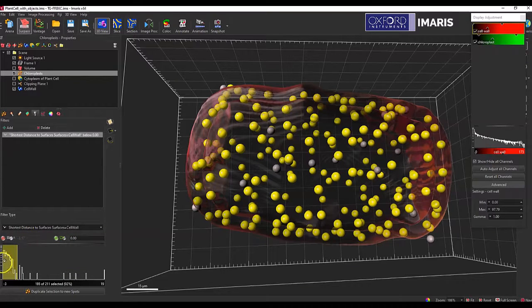So go down as far into the negative as you can. If it's a negative number, that means it's inside of the surface. If the upper threshold is set to 0, this indicates that it's either within the surface or touching it on the interior. At this point, you can duplicate this selection to create a new object in the Surpass scene,